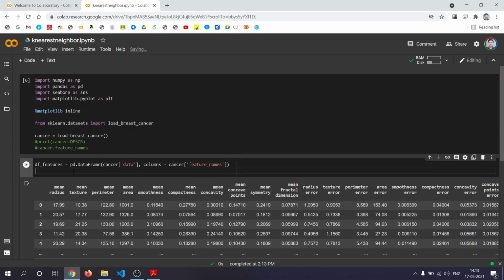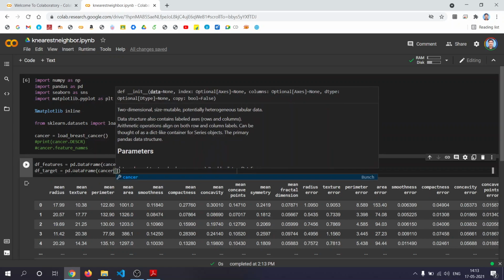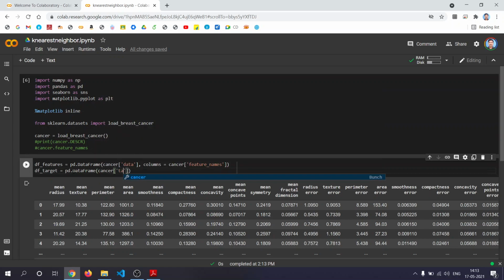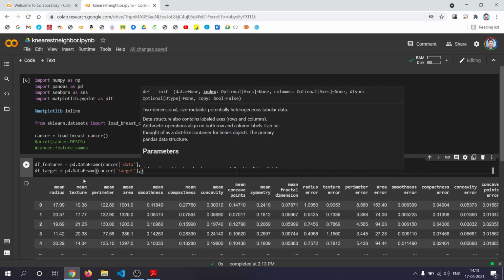Now what is the target value? df_target is pd.DataFrame, and it's stored in target. Instead of target names, we will use target. Once again, there is no need for more columns, there is only one, isn't it?